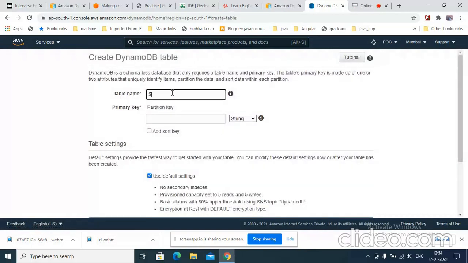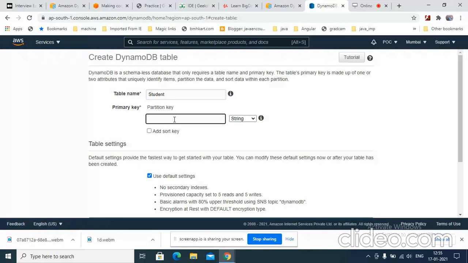Here I give the table name, student, and there is the primary key, where one more word is written: partition key. Right now you should understand this like a hash map: when you pass any key, we calculate the hash value, and based on the hash value we calculate the location of the memory where this data is going to be saved.